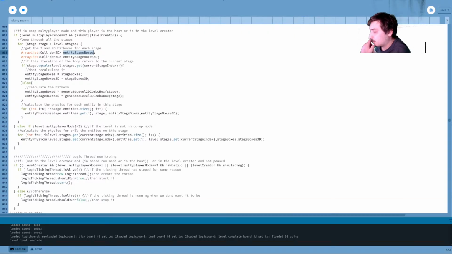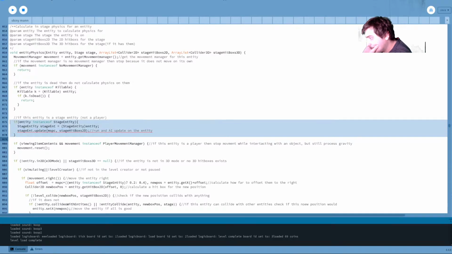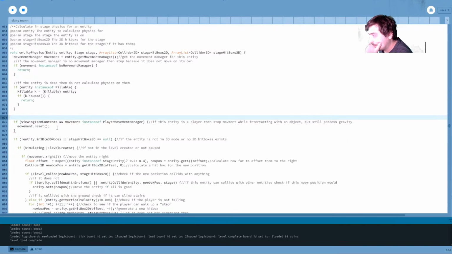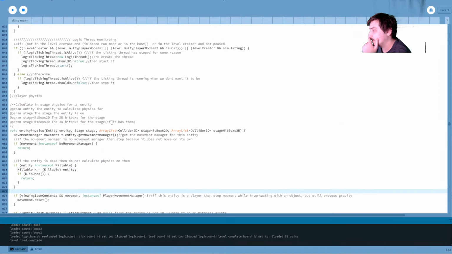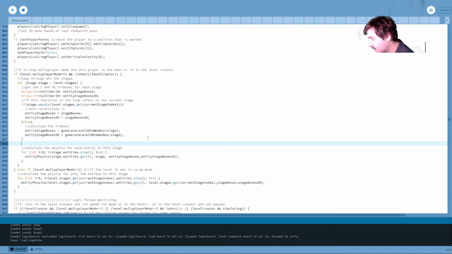But for now, I'm just going to remove this from down here and do this up here. So we're going to create a... what happens for stage boxes 3D?